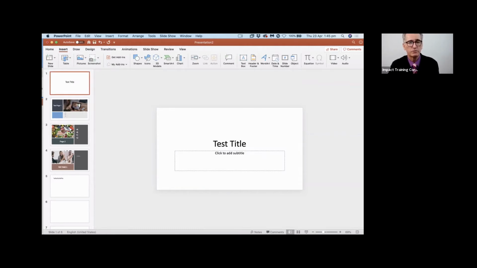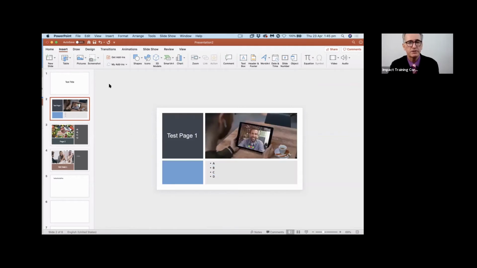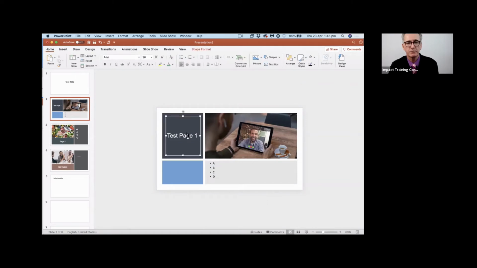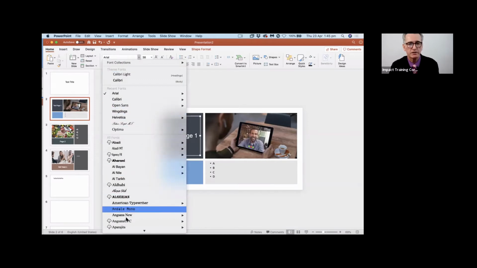type in a title, pick your font that you like, always go to home. They'll always go back to your fonts when you actually want to run something in. You type in, just have a look at what it looks like. It tells you that's what it looks like. Oh, by the way, if it has a little cloud there, that means it hasn't been downloaded from the cloud. If you like that font, you can just click it and it downloads. They're all free.